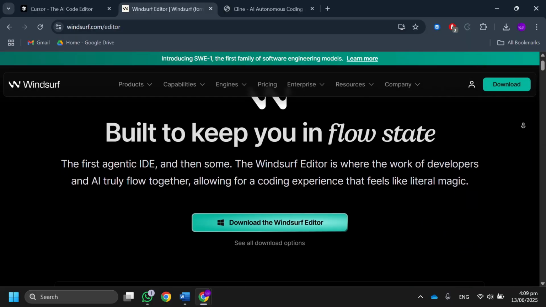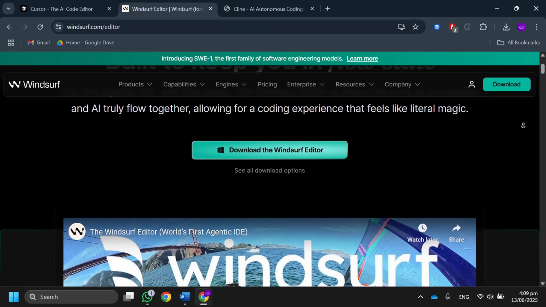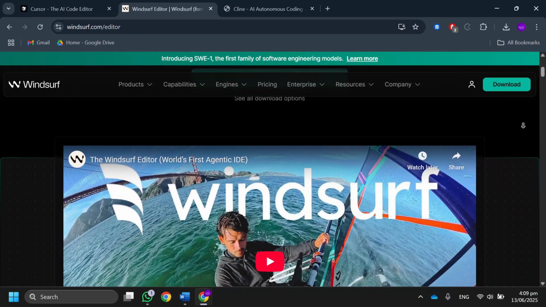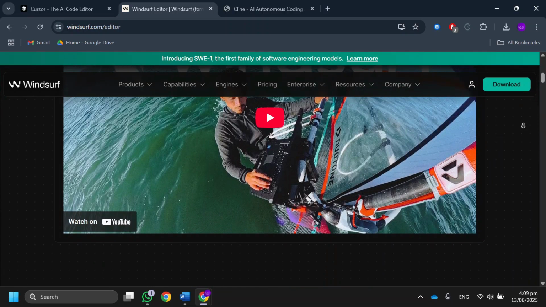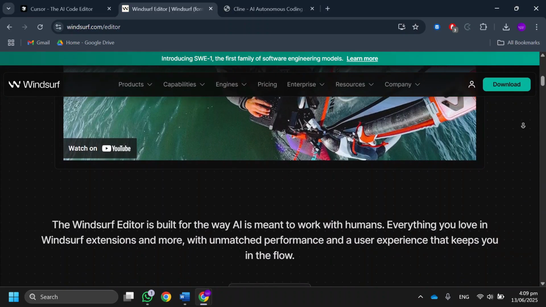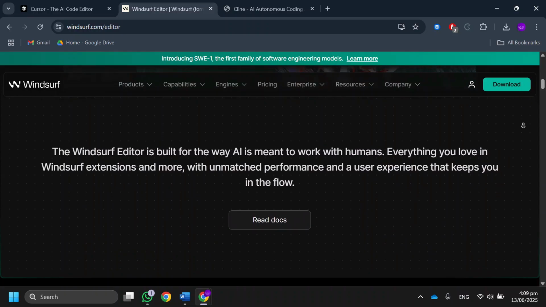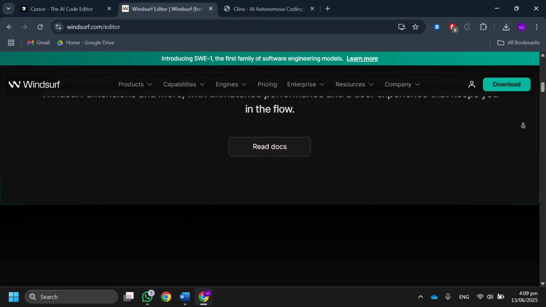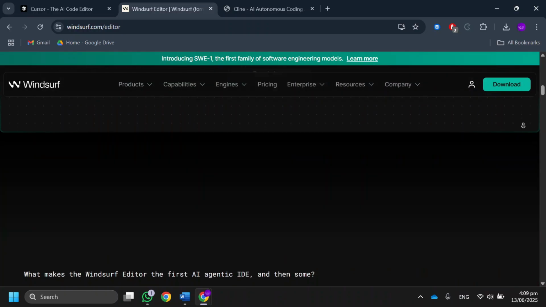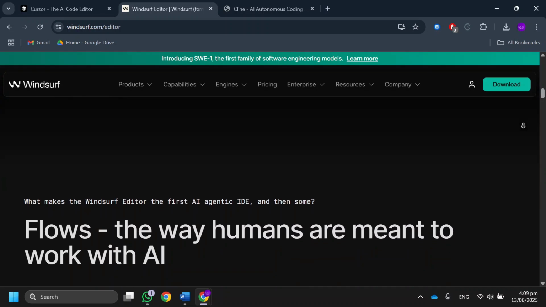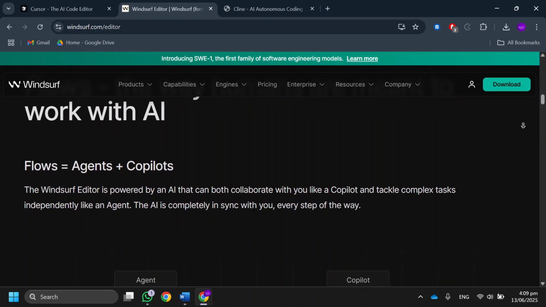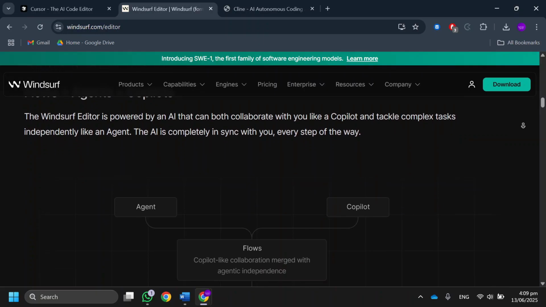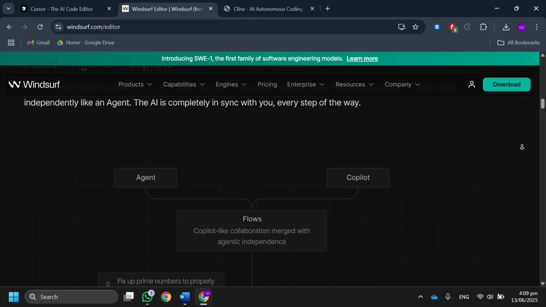Next, let's talk about Windsurf. Windsurf is also an AI-driven coding tool focused on team collaboration and code reviews. It offers real-time code suggestions, automatic documentation, and project dashboards. The pros are strong teamwork features, clean code assistance, and project management tools. The cons are it can be overwhelming for solo developers, and sometimes the AI suggestions may not match all coding